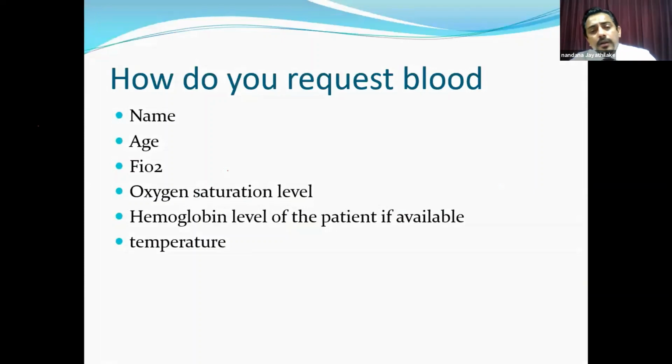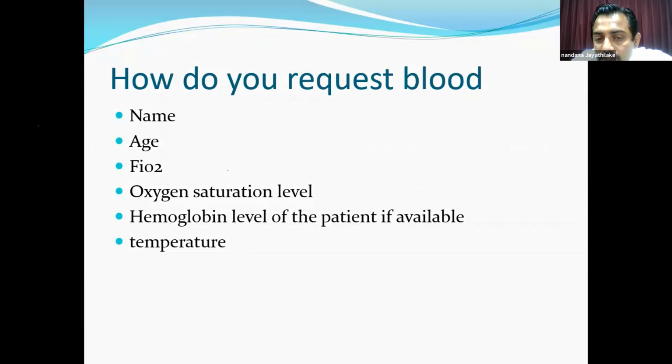How do you request a blood gas? If you don't have a blood gas analyzer in your department, you have to send the blood sample with a request. You can't just send the blood sample. What we do, we take the blood syringe into the kidney tray and ask them to take the blood sample. That is okay, but in a more standard way, some of the blood gas analyzers want some information. The name and the age are important, but please mention the inspired fraction of oxygen of your patient. What amount of inspired oxygen is he on at the moment? Is it 40% or 50% or 60%?